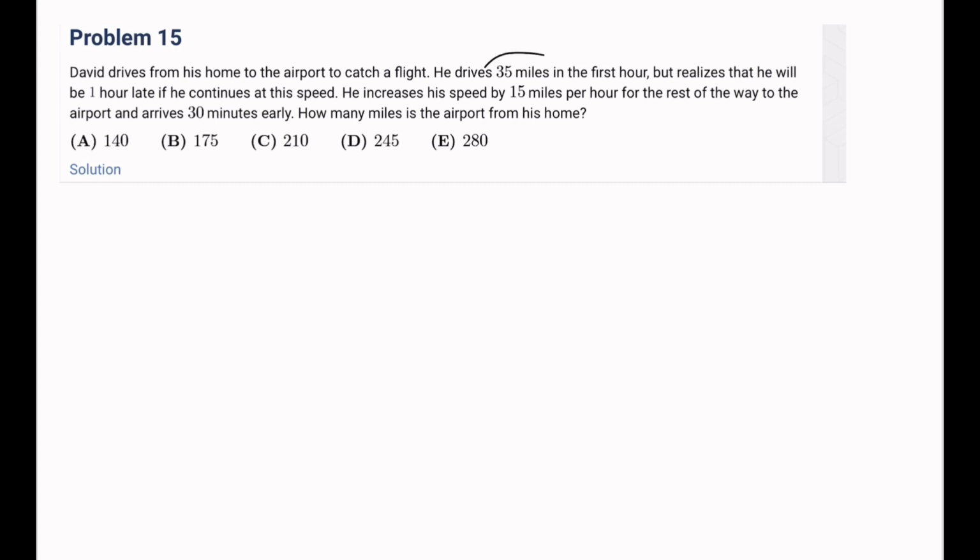Okay, so first he drove 35 miles, right? So that's just 35 miles that he went. And this means that he drove 35 miles per hour in the first hour. And then if he increased his speed by 50 miles per hour, that would be 50 miles per hour, right? And so let's just say that the additional distance that he had to travel was X miles. Since the time difference between going at 35 miles per hour and 50 miles per hour is 1 hour and 30 minutes,